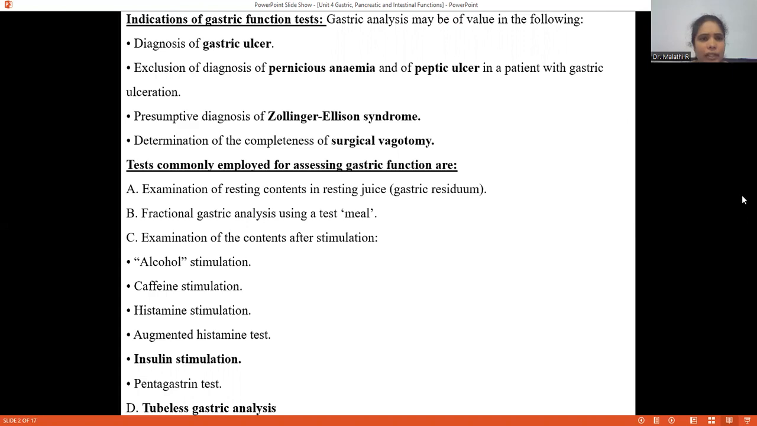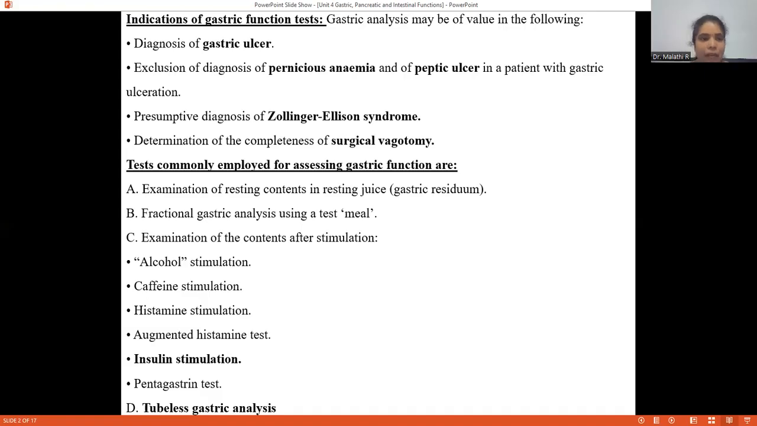The major pathological conditions pertaining to the gastric function test are those it is used to detect, as well as any disorders pertaining to gastric function. You can identify gastric ulcer, pernicious anemia, peptic ulcer, or Zollinger-Ellison syndrome. Apart from that, whether a surgical vagotomy is done completely will be identified with the help of the gastric function test. The commonly employed gastric function test assessments include examination of the resting content of the